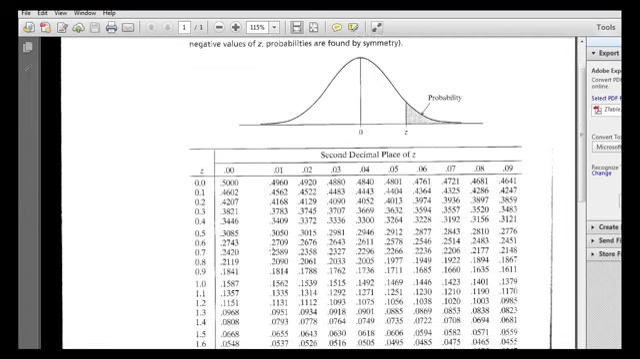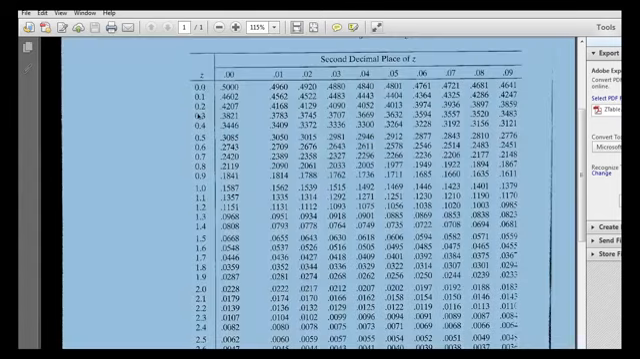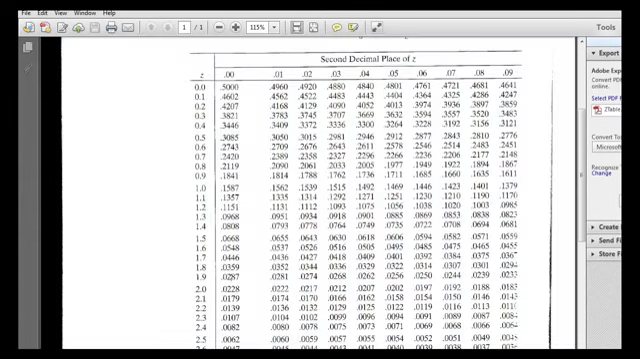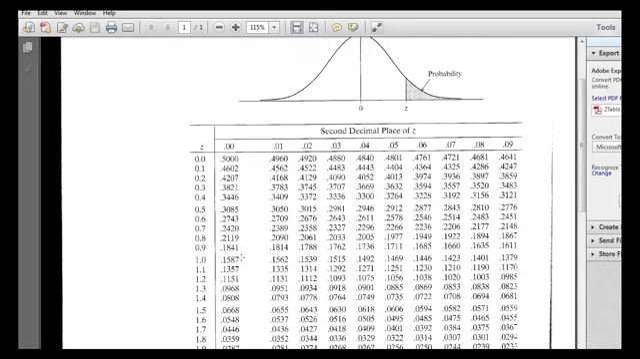And the way that we use this table is we look up a specific z and it tells us the proportion that's to the right of it. The first two digits of the z are in this column here, the column all the way to the left. And the third digit of the z is up here at the top. So if we wanted to look up the p-value, or the proportion of observations that are to the right of, let's say,